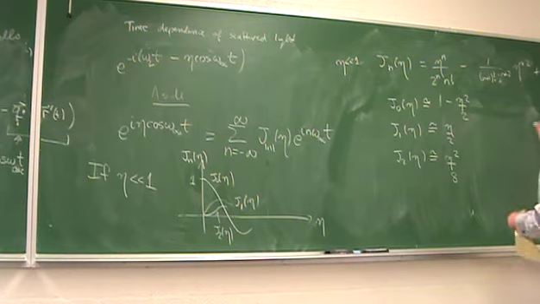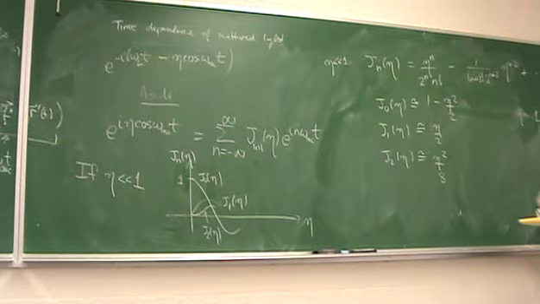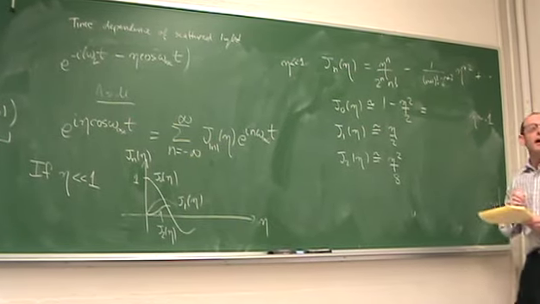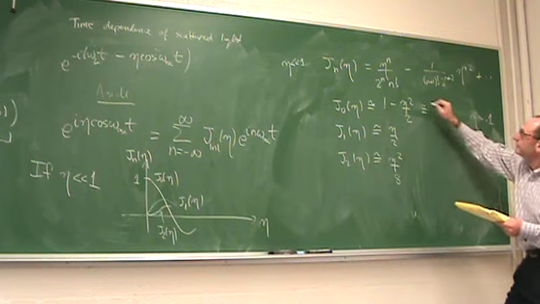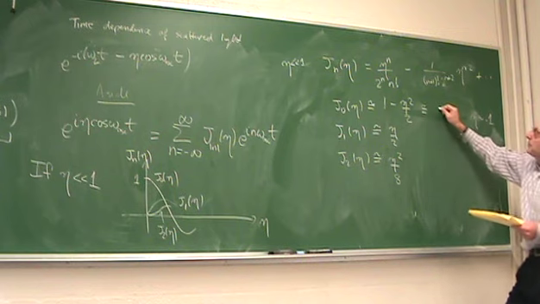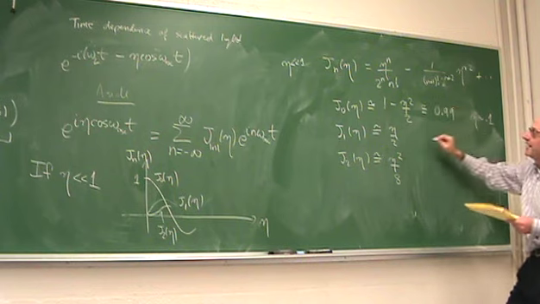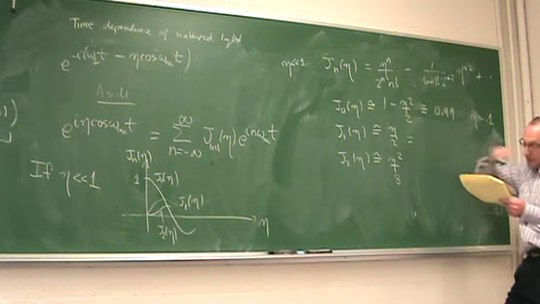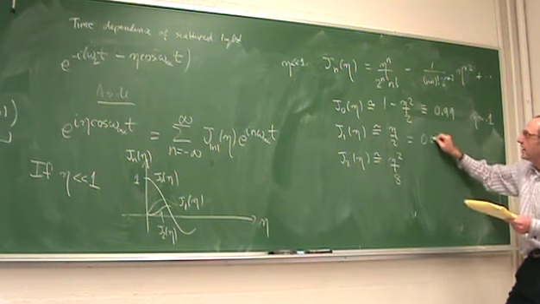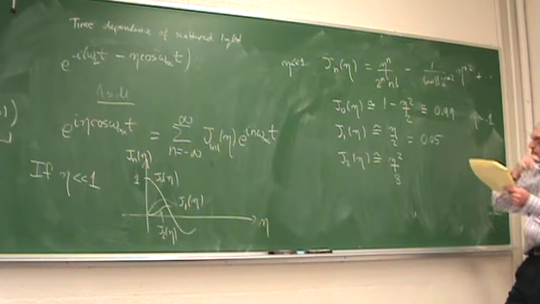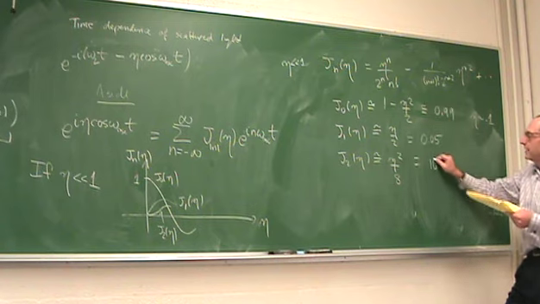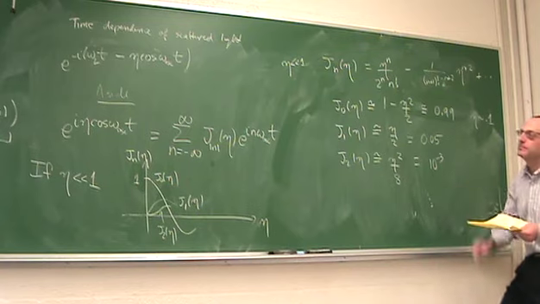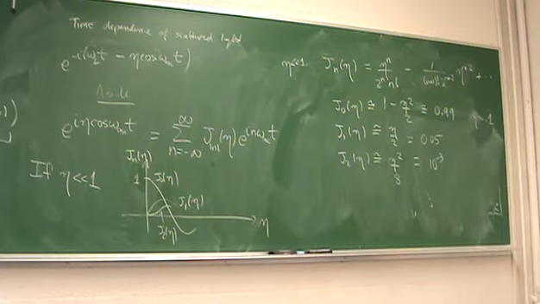So for example, if eta were 0.1, then this would be approximately 99%. This is 0.05. This is the amplitude, not the power. The power is the square of the amplitude, 10 to the minus 3, etc., etc. So,